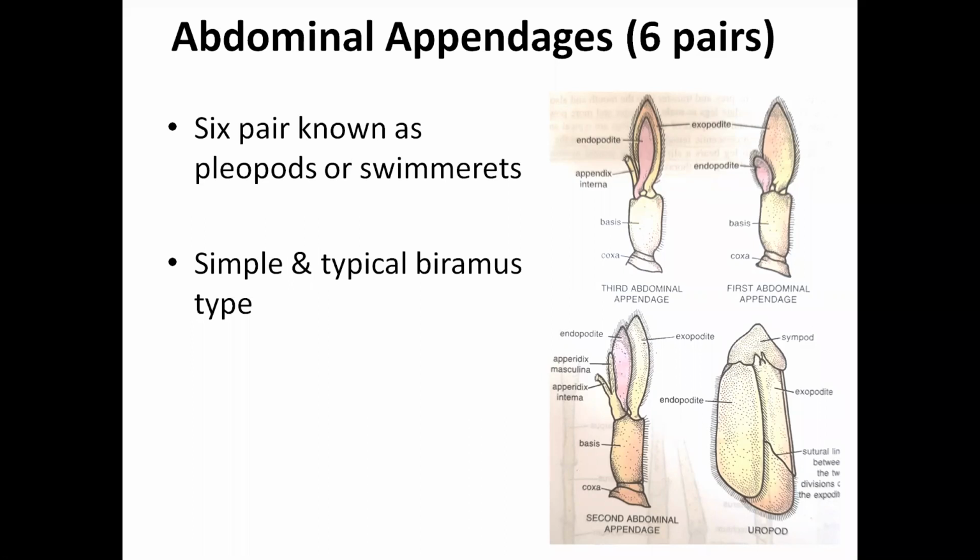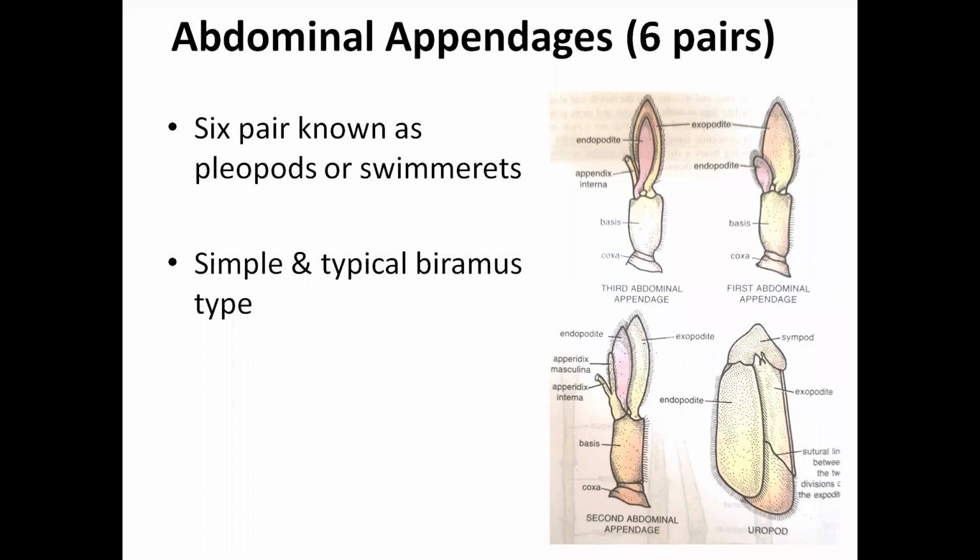When we were talking about the general characteristics of Crustacea, because the prawn belongs to the class Crustacea, sexual dimorphism is very common in Crustacea. So in prawn also there are sexual dimorphic characters. The major sexual dimorphic character is the change in shape, or the modified form, of some of the external structures in the abdominal appendages,